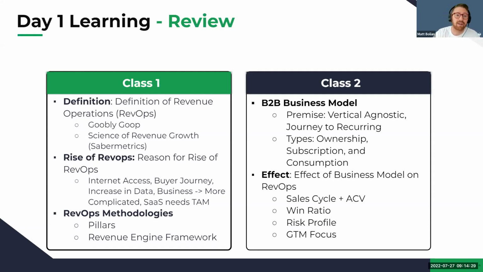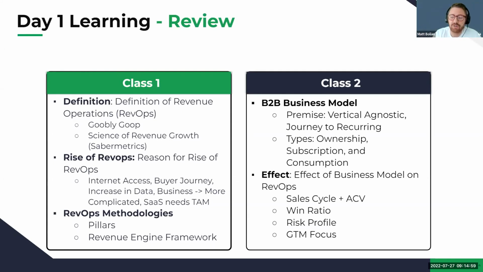Businesses have become more complicated, and we moved to subscription models because the internet has allowed us to, and it has complicated our business. We must now focus not just on the left side of the funnel, but the right side, which is the customer journey part. And then SaaS, as we mentioned, needs individuals that have budget to sell to. So there's now this new profession of RevOps. SaaS has made this term more popular because they need it to be popular, because that's what they're selling to. We then went over RevOps methodologies.